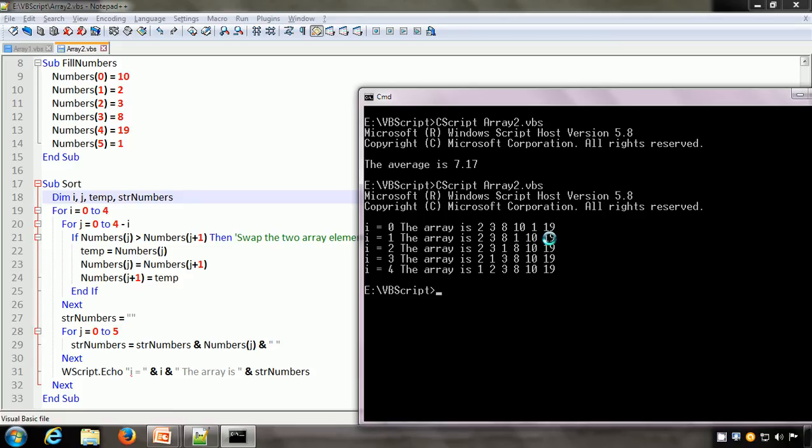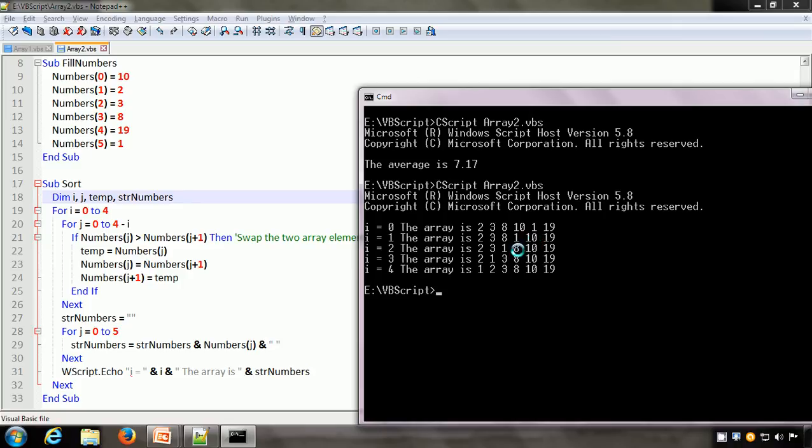By the way, this algorithm is called the bubble sort algorithm, and bubble sort means that with every execution of the outer loop, the highest element bubbles to the top to its correct position. So when I was 0, the highest element went to its correct position. When I was 1, the second highest element went to its correct position.